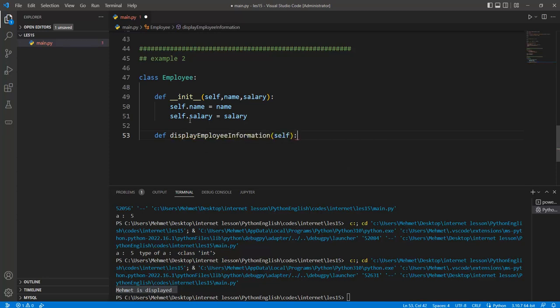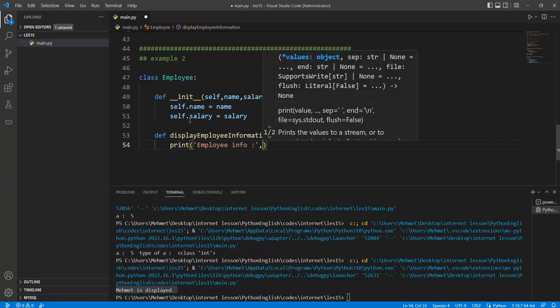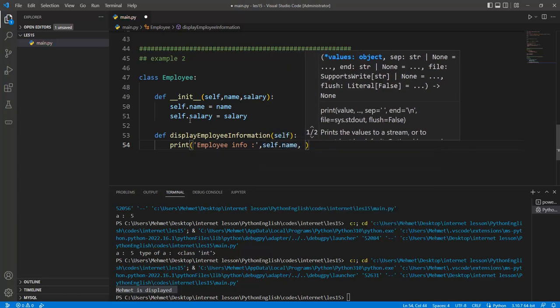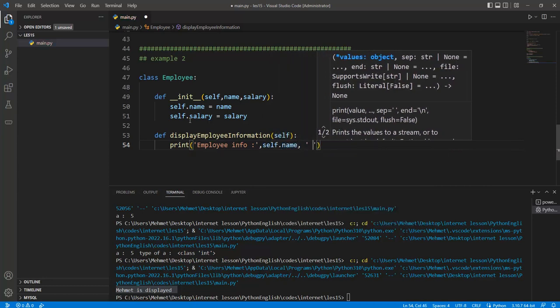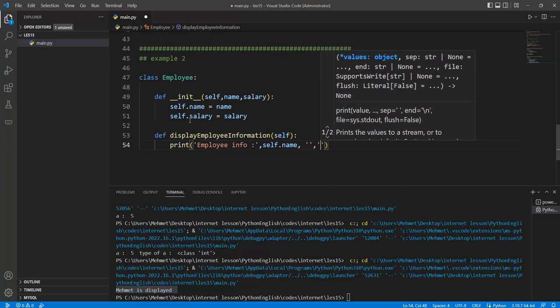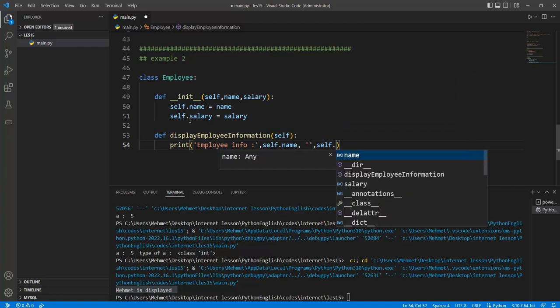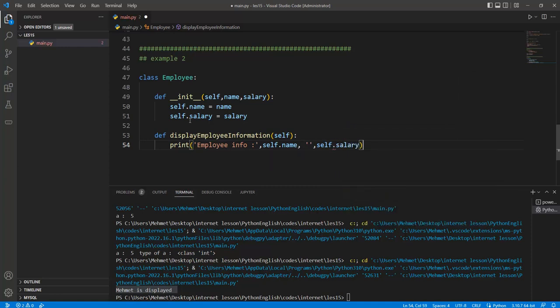We should utilize the self keywords in here, and so print the employee info, which is given with the self name and then with the self salary. Okay,